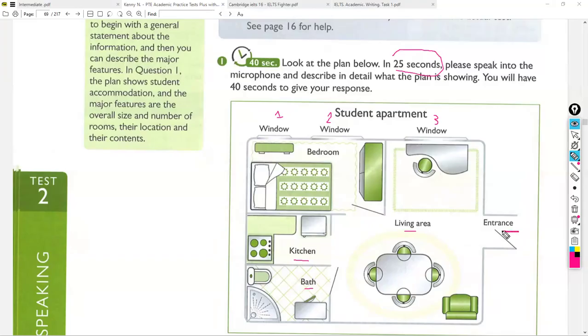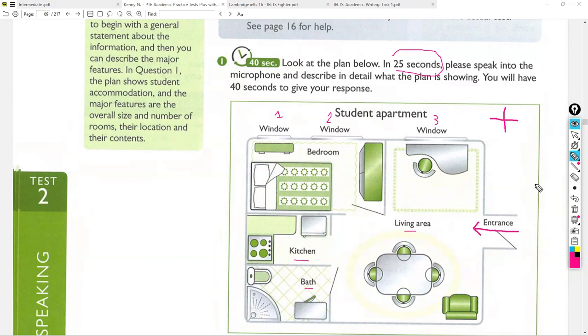First of all, I have to start with the entrance of the apartment. Am I right? Okay. After that, Ali, I have to talk about directions. I have to talk about right, left. I have to talk about north, south, east, west. Because absolutely, for example, you have to tell me that on the left side, we have a table with four chairs, for example, and one couch. Now, if you want to take a look at the right side, you can see something. So this is exactly what you have to do.